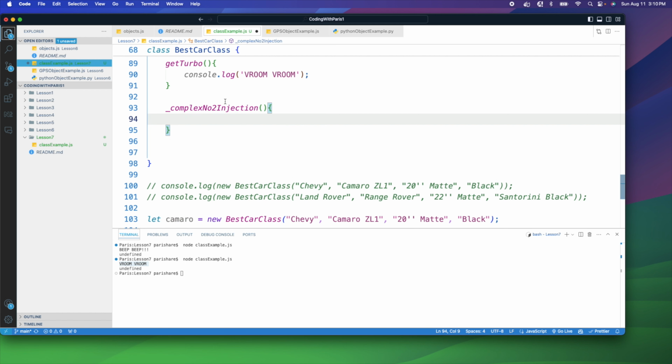And inside of this function, we're not going to pass anything in. Maybe in here we can say some complex ratio or distribution of NO2 injection into the engine,